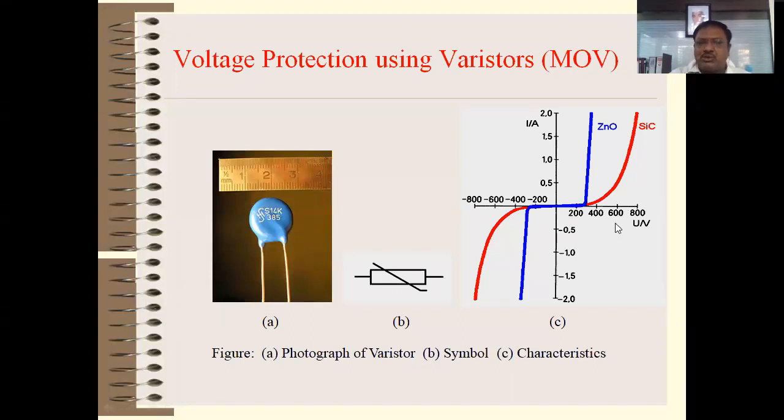So the characteristic shows that in the reverse direction also, at 300 volt, the device increases the current through the device and keeps the voltage across the device constant, as in forward bias condition. So either in positive voltage or negative voltage, not forward and reverse. If your voltage is positive or negative, right?